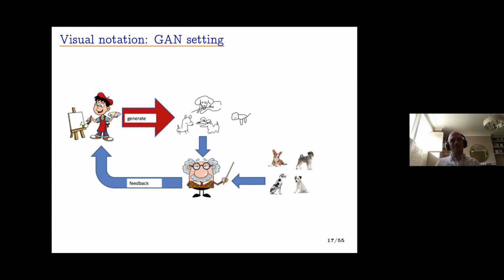Just to remind everyone how a GAN works, normally with a GAN, you have a generator, which I've shown here as a little student who's learning to paint, who generates a set of objects, in this case, dogs. The teacher, the critic, which we've talked about quite extensively, compares the set of fake dogs to the set of real dogs and gives feedback to the student. This iterates until an equilibrium is reached. So the student stops improving, or the teacher is no longer able to tell real dogs from fake. This is what happens when we're usually training a GAN.